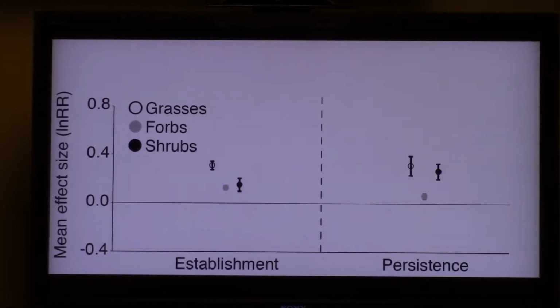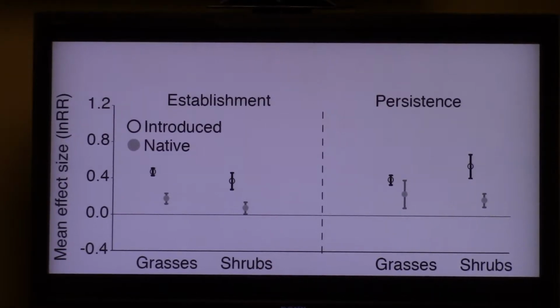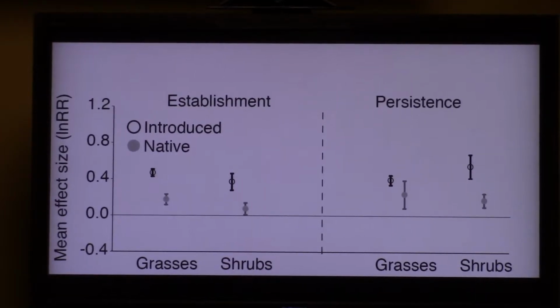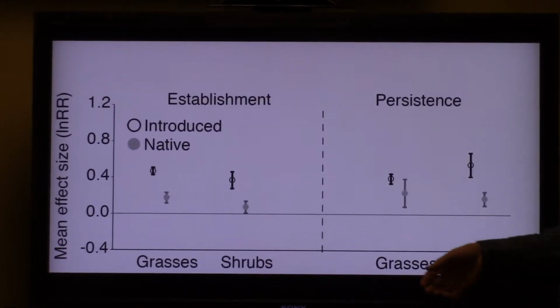seeding is working. Another way to look at this, because a lot of us are cued into this hot button of what's the origin of species? Are they introduced or are they native? As you've probably recently heard, a lot of the federal agencies got together and they have a native seed strategy, how to develop the seeds necessary for restoration, and there's going to soon be policy that's going to be pretty strict on the use of plant materials. And hopefully this type of information can feed into those decisions that we make,